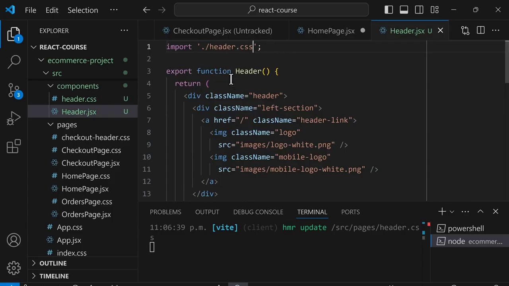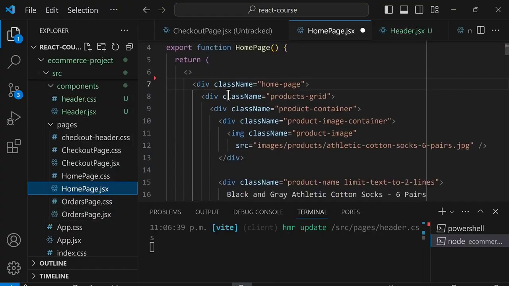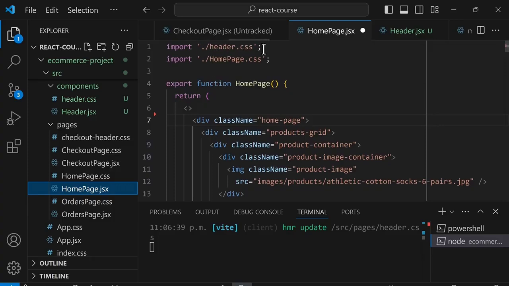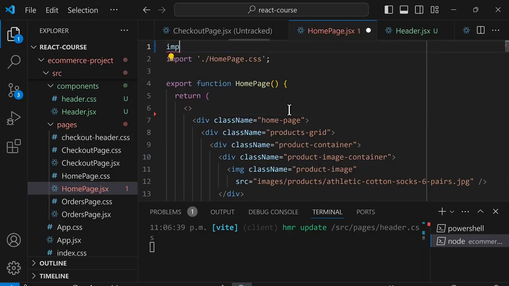So now that we created this header component, we can reuse it in the homepage and the orders page. We'll open homepage.jsx, and at the top, first, we don't need to import the header CSS anymore. It's already done by this component, so we can remove it. And let's import the component using import curly brackets, the Header from a string. And now we need to locate this file. So currently we're inside the pages folder. So we need to get out of this folder using .. and then go into the components folder. Components/